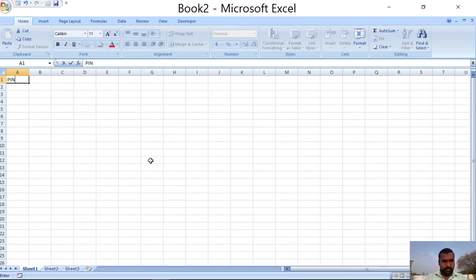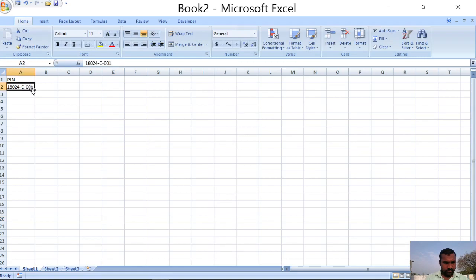So pin number 2018024 dash C dash 001. 5 students are there. And C101 is one subject. Like that, we have 6 subjects. And these are the marks, for example.